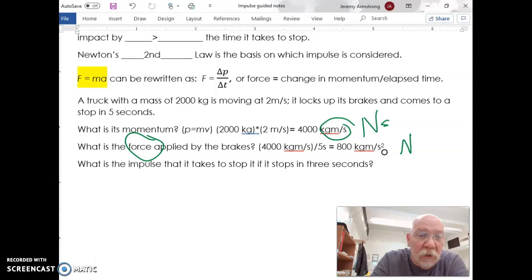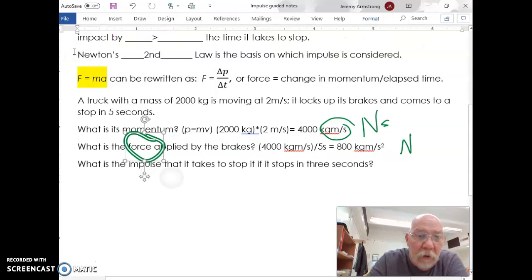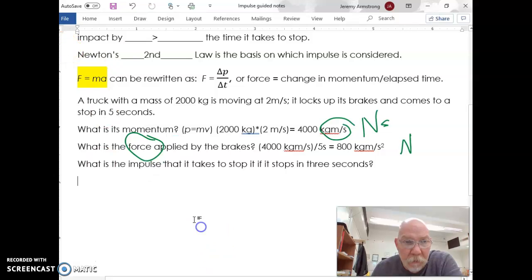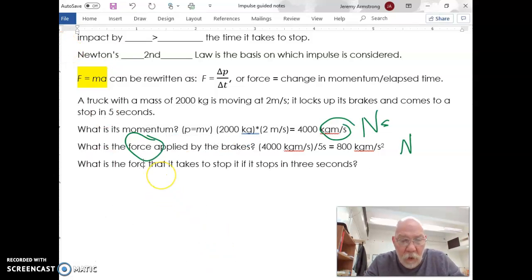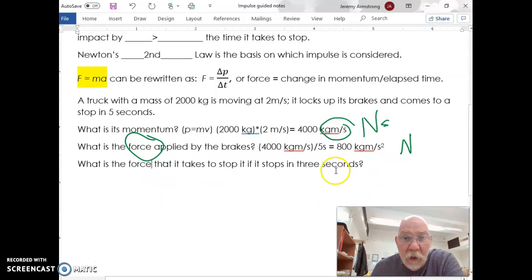I'm sorry, this should actually say, no. We're going to do it this way. What is the force that it takes to stop it if it stops in 3 seconds? All right, we're going to do it like the one above it. Same thing. Let's do it down here. 4,000 kilogram meters per second